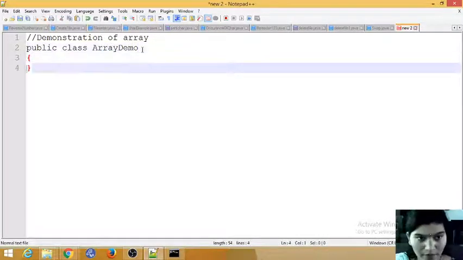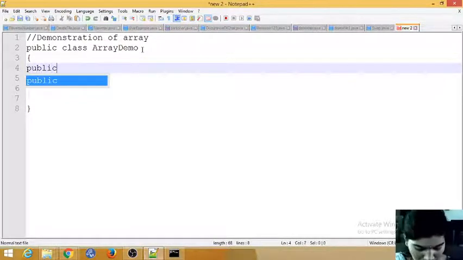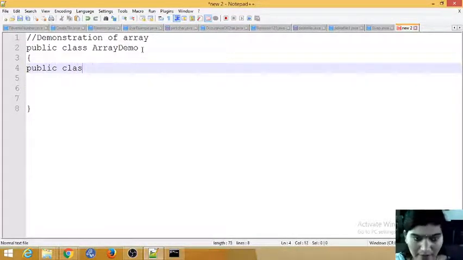Next we'll take a main method: public static void main, which takes a parameter of type String.